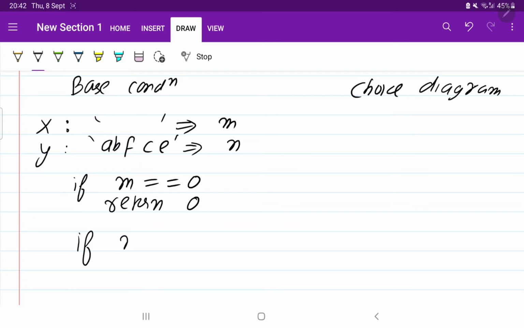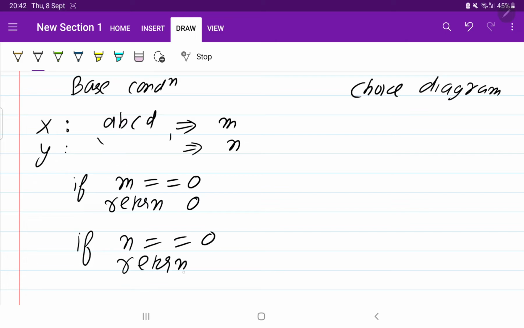Similarly, if n equals 0, suppose in the second string there are no elements and in the first string there are some elements. If I ask how many common elements there are between these two, you are going to say there is no common element, because if either one has length 0, we are not going to get any common elements. It means our base condition is clear.